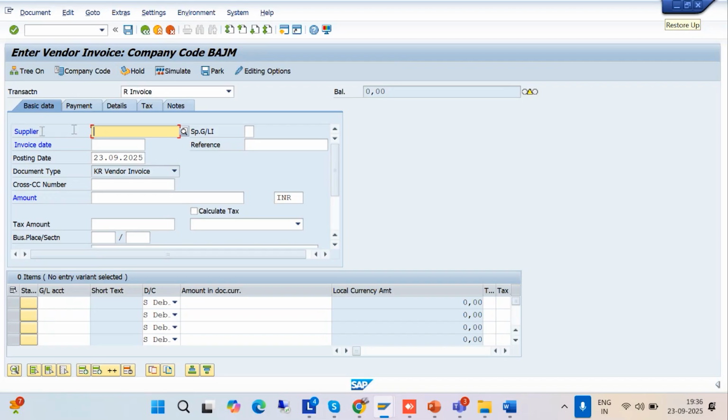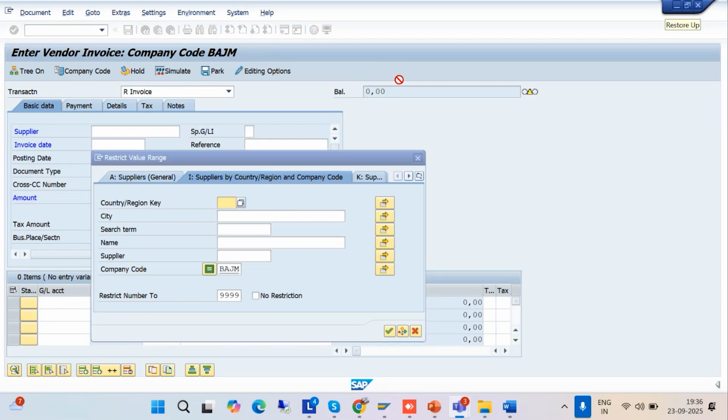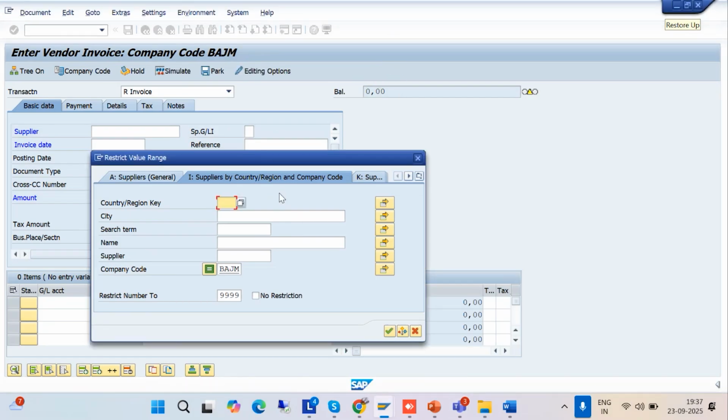Make sure of the supplier for which you are going to post the transaction; the suppliers will be shown as per the company code. So what we have to do is post the transaction with respect to the supplier. If you have created n number of suppliers,